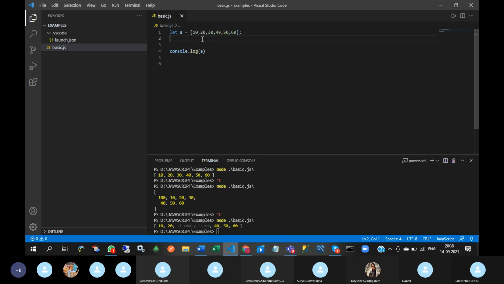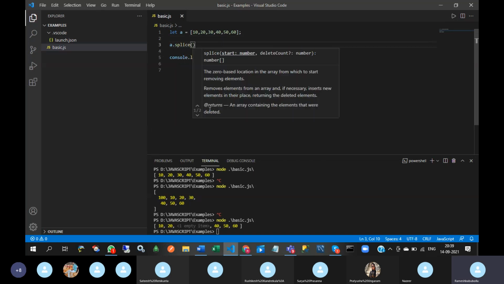Next, splice. It adds or removes elements to or from the given array. So a dot splice of start number and delete count.